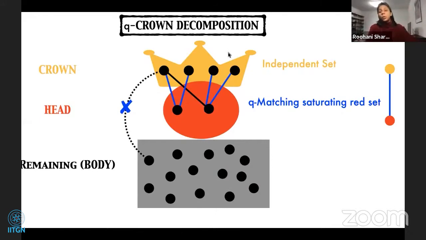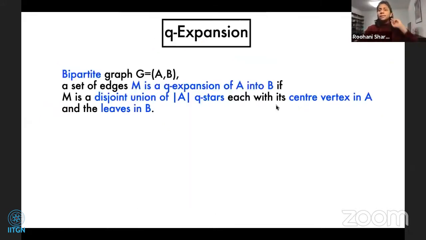And we'll see where these kind of structures are useful, but let me just formally define what I just stated. So one can define a generalization of a matching, and this generalization is called a Q expansion. And let us just define it for bipartite graphs. So given a bipartite graph G, with bipartitions A and B, a set of edges M are said